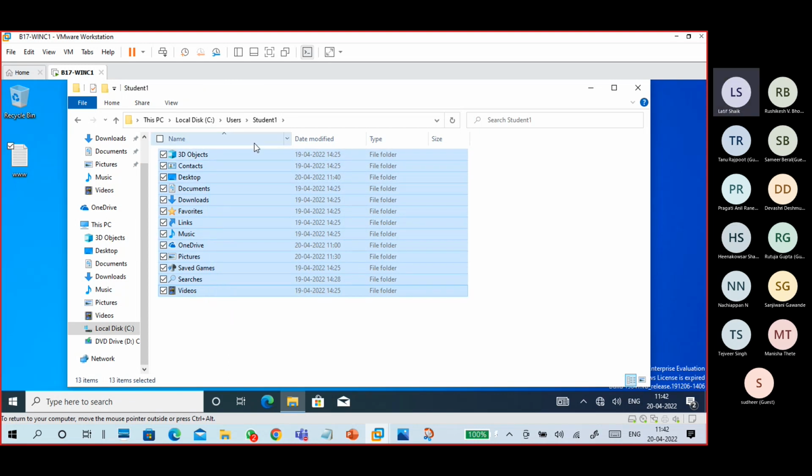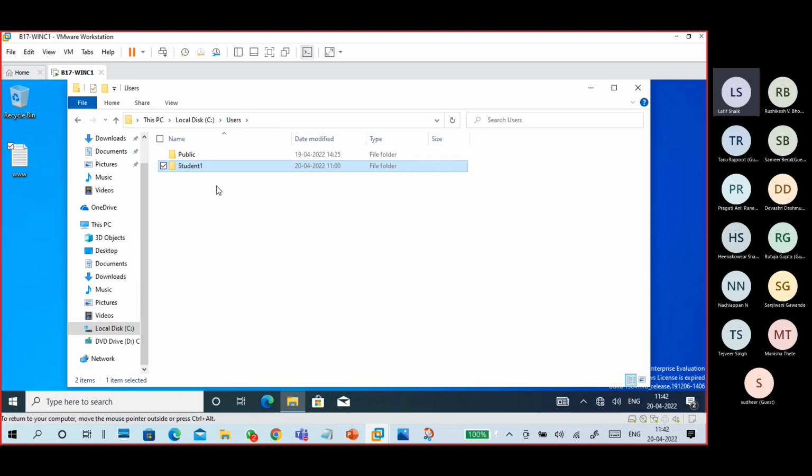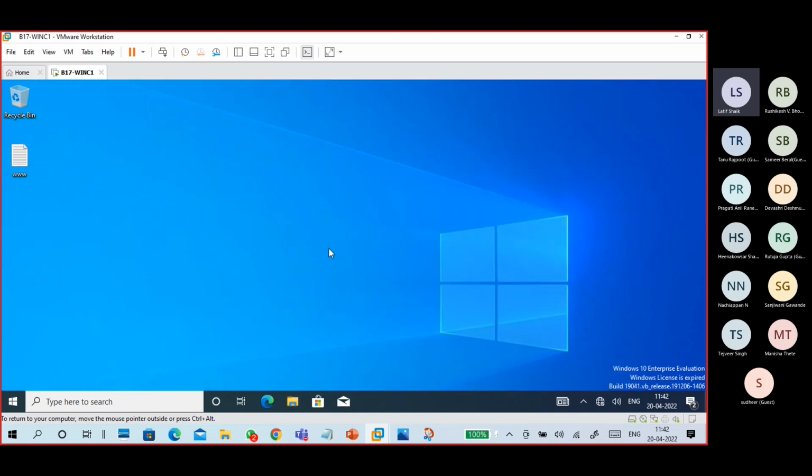Other users cannot access the data. This is the profile data. Currently it is showing student1. Once I log in with student2, the student2 folder will also show automatically. That's the first point. The second point is,